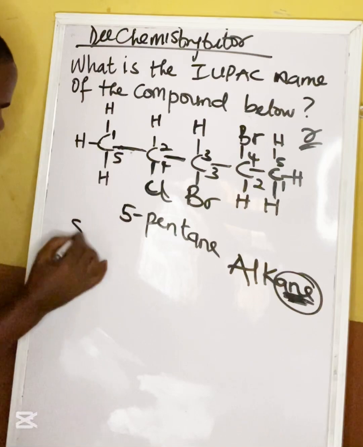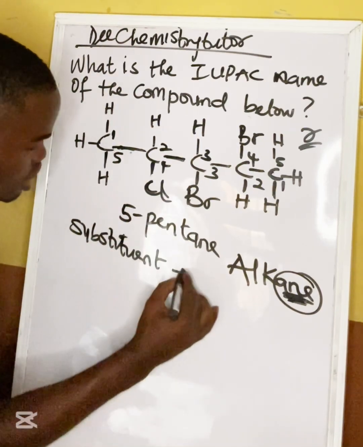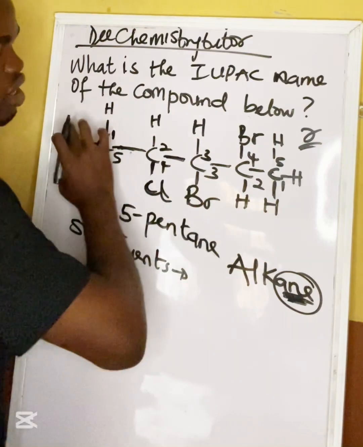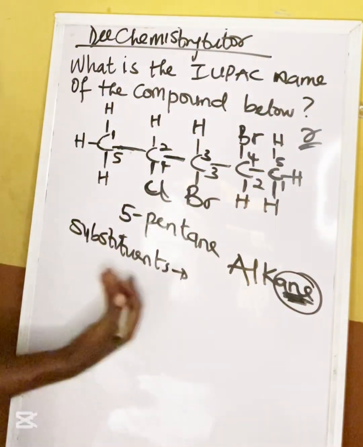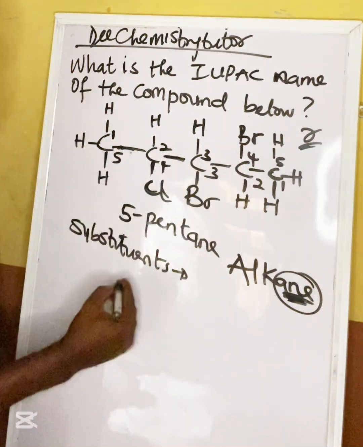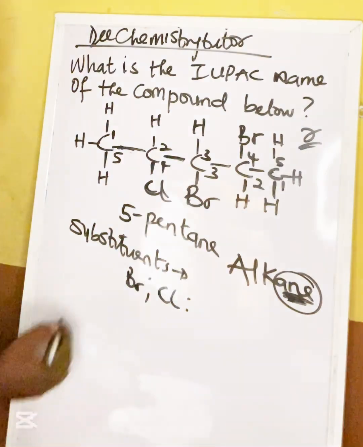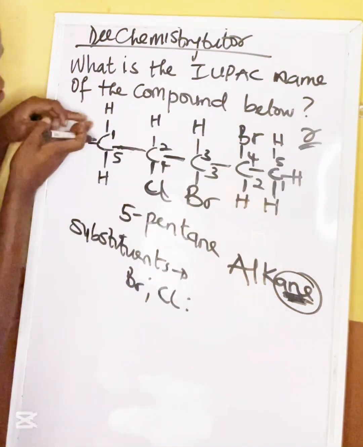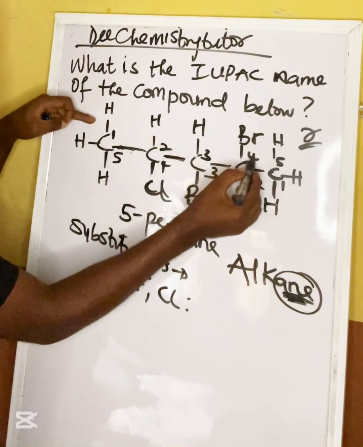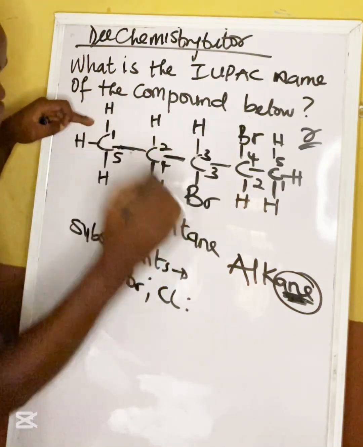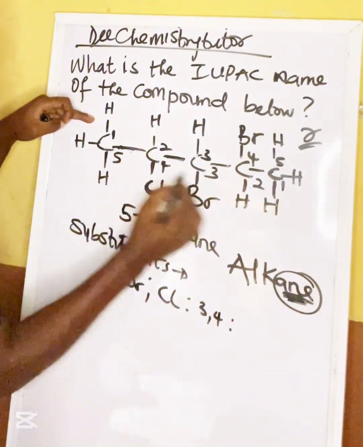Now another thing you want to look at is the substituent. A substituent is what is not actually in the carbon chain itself, but is attached to it. Now there are two attachments here: we have bromine and we have chlorine. Looking at the first arrangement, 1, 2, 3, 4, 5, bromine is on carbon 4, bromine is on carbon 3. That means 3, 4. Then chlorine is on carbon